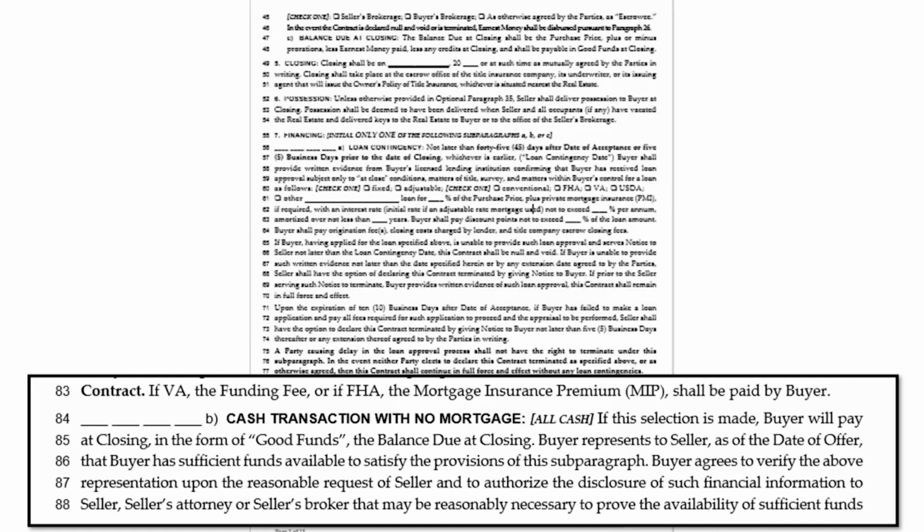So if he's buying a $400,000 house, what he is saying here is, I've got the cash. Here's my proof of funds. And what is a proof of funds? It depends on what the seller or the seller's attorney or the listing agent wants to see. The attorney's not even involved yet, so it's going to be the listing agent or the seller.